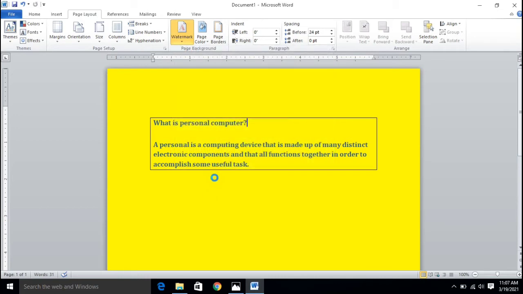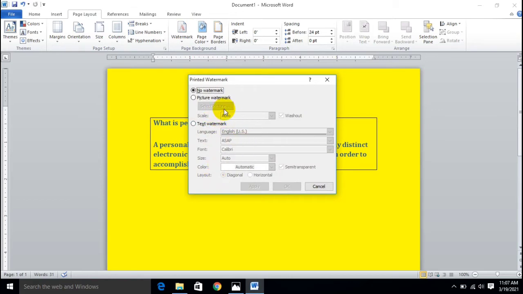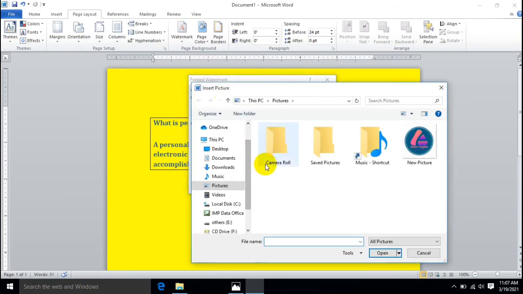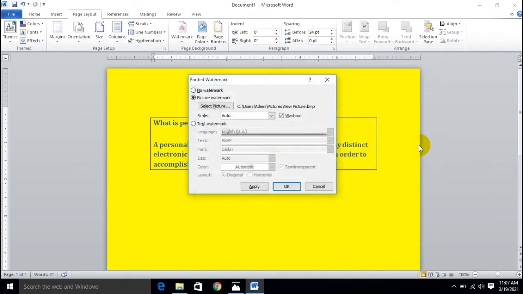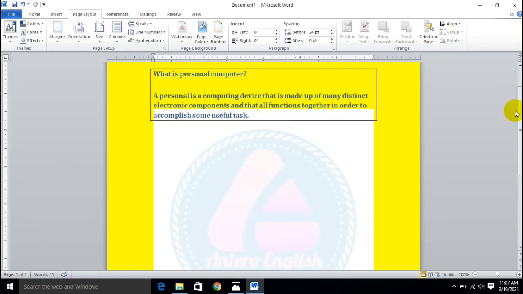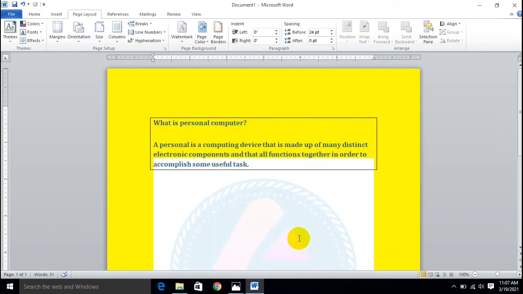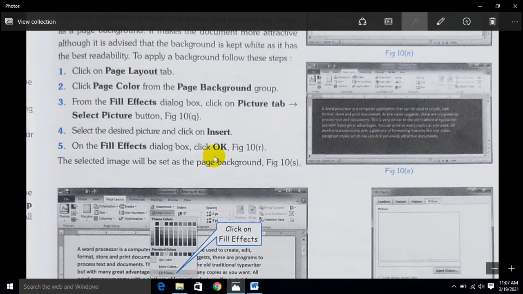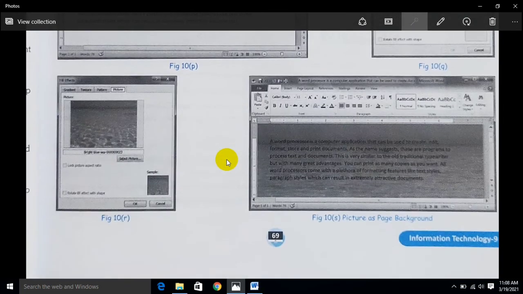So here you have to just click on that, exactly. Pictures watermark: what kind of watermark you want, you can select from there. Suppose I select these options and apply, then you will find that the whole page has a particular watermark already set. And according to this, you can separate the watermark or set up the picture background from there. Okay,